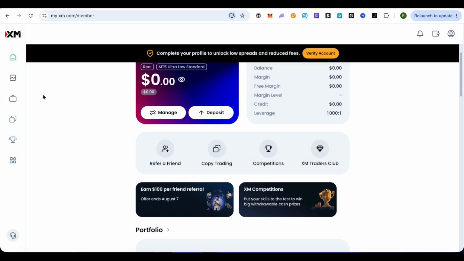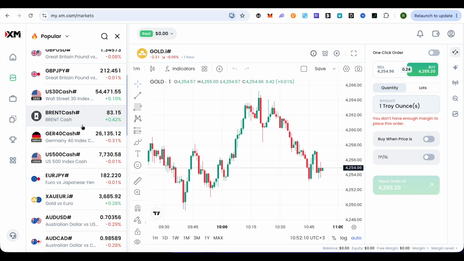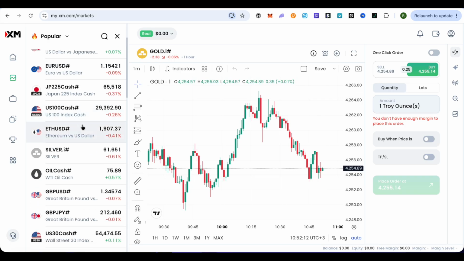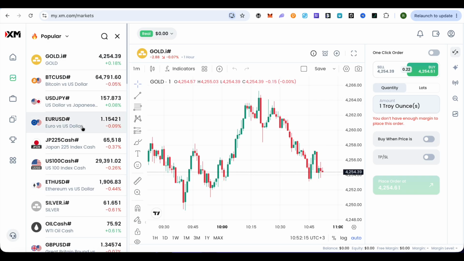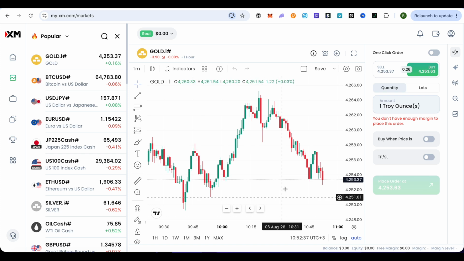Now let's explore the left hand side tab. Over here the first one is markets, and you can select any particular market, and if you are not able to find your respective market that you are looking to trade in, simply select this option of search over here and select that particular market. You can also select any particular category from here like ETFs, forex or stocks or crypto or equity indices and much more. Simply select it from here by searching it up, and the chart will appear right over here for